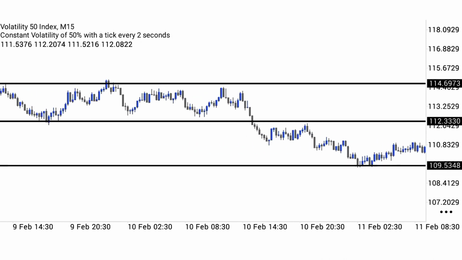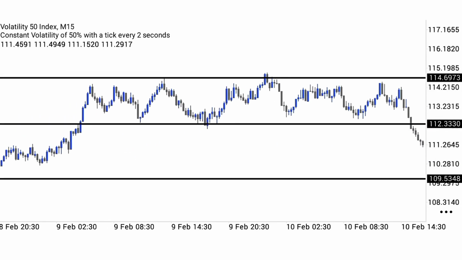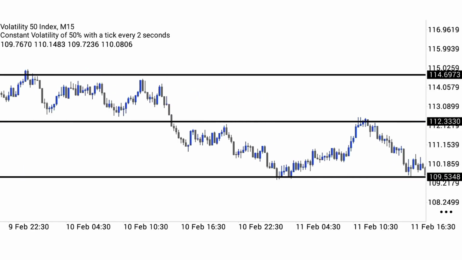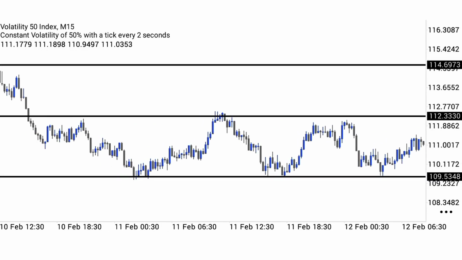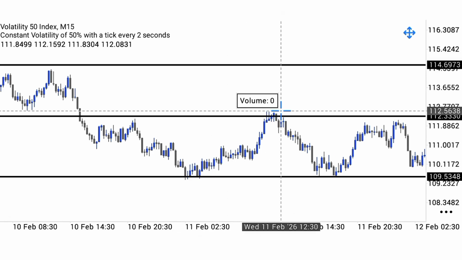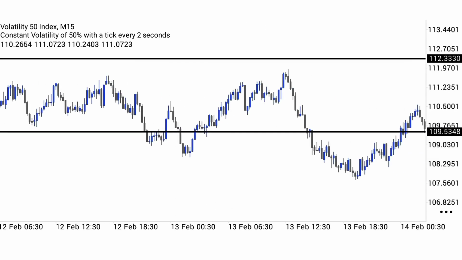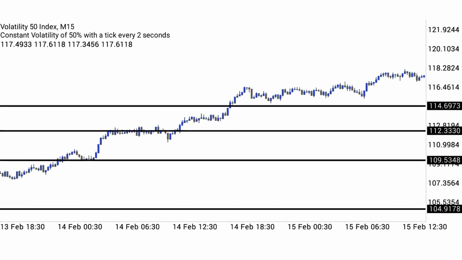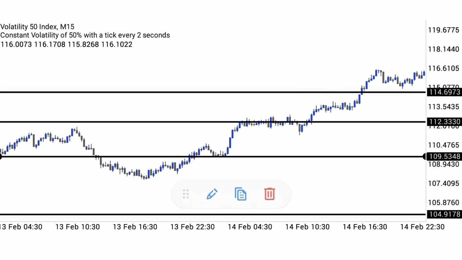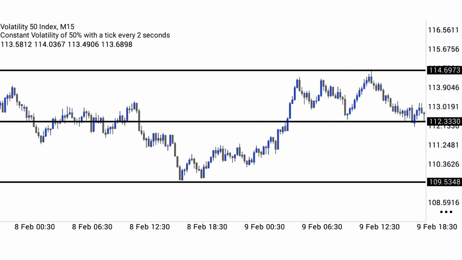It's either they are moving inside the support and resistance or they break out. So now the movement inside the support and resistance is very, very profitable. But the one I like to trade the most is the movement outside the support and resistance. When there's a break,